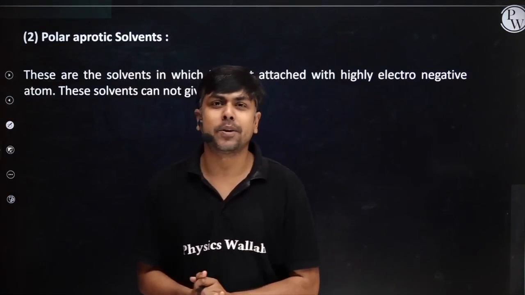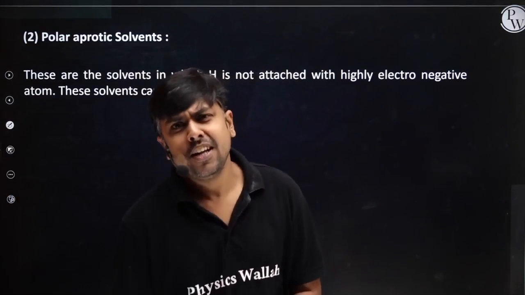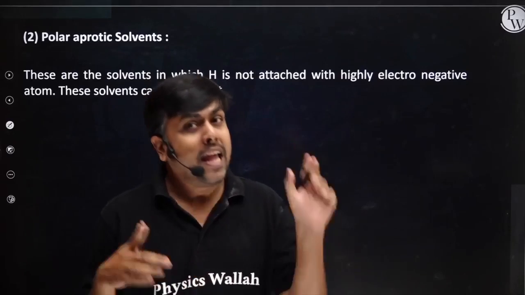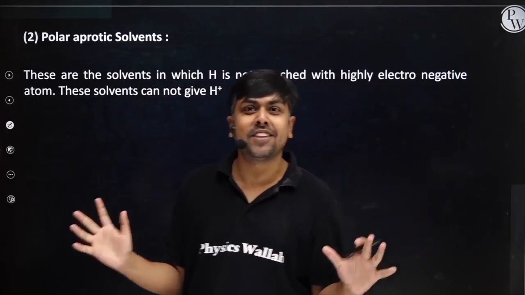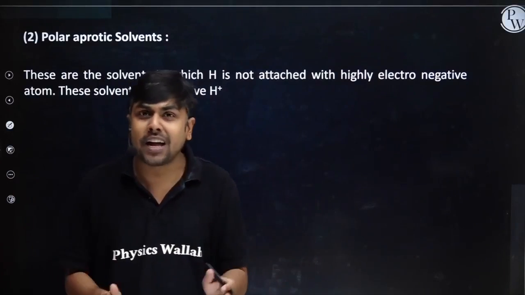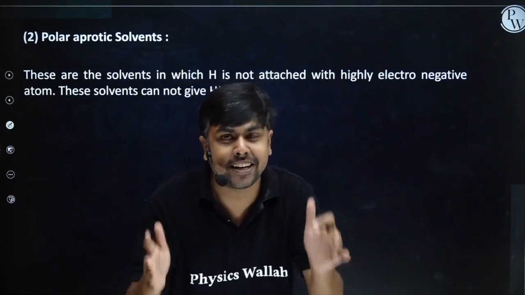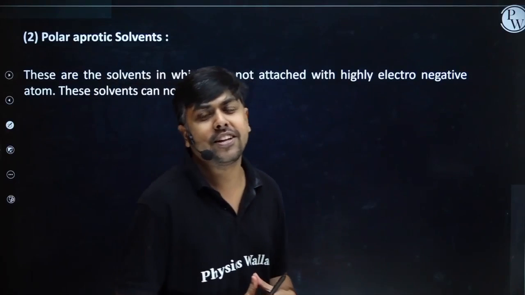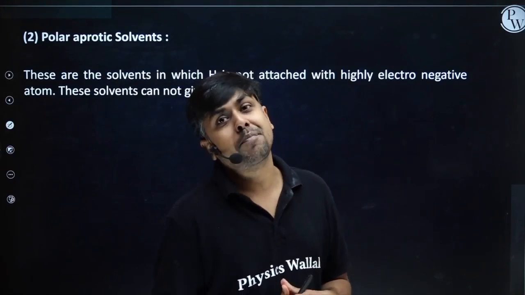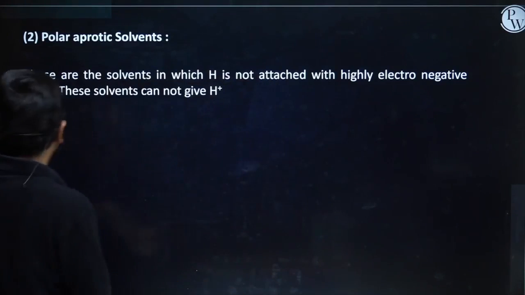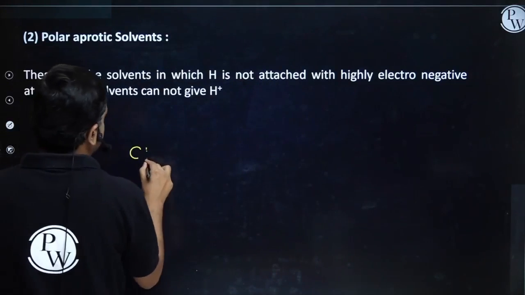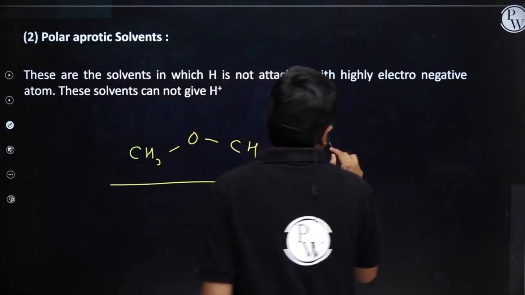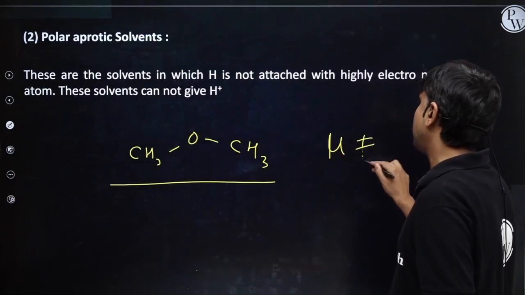Students, if I talk about this polar aprotic solvent, the solvent whose dipole moment is non-zero, polar aprotic, which does not have a tendency to release H plus, where the hydrogen atom is not directly connected to a highly electronegative element like nitrogen, oxygen and fluorine. Such solvents are polar aprotic solvent. The best example is ether, CH3OCH3. If I look at this particular molecule, it is having a certain dipole moment, so mu is not equal